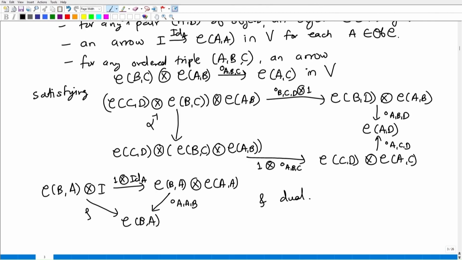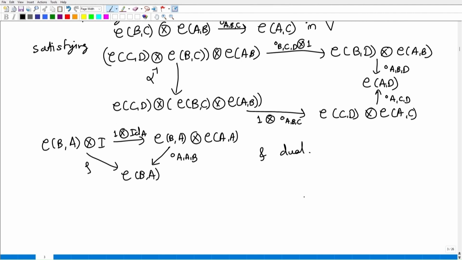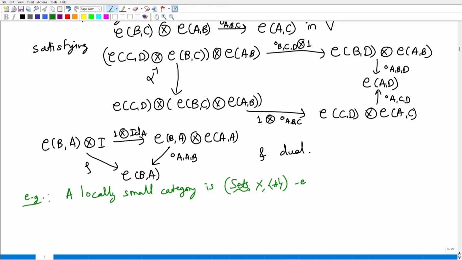Okay, so if you take V to be the category of sets with Cartesian monoidal structure, then you recover the definition of a locally small category. So let me write that down first. For example, a locally small category is a category enriched over sets, Cartesian product, singleton. So this is the first thing. Second,